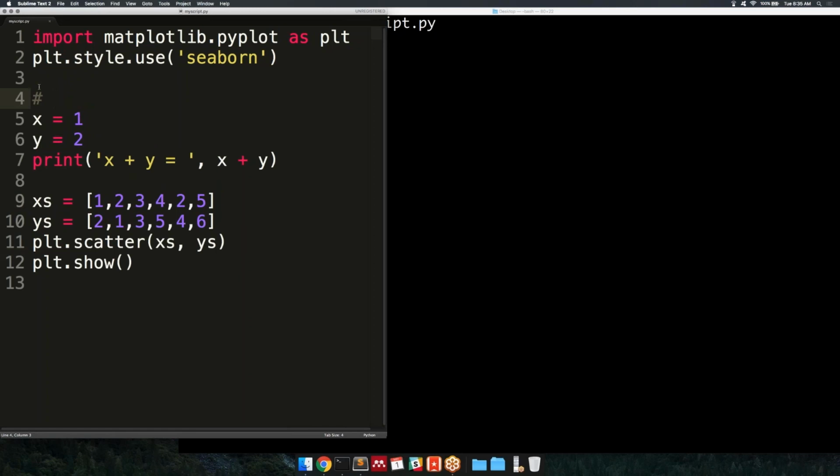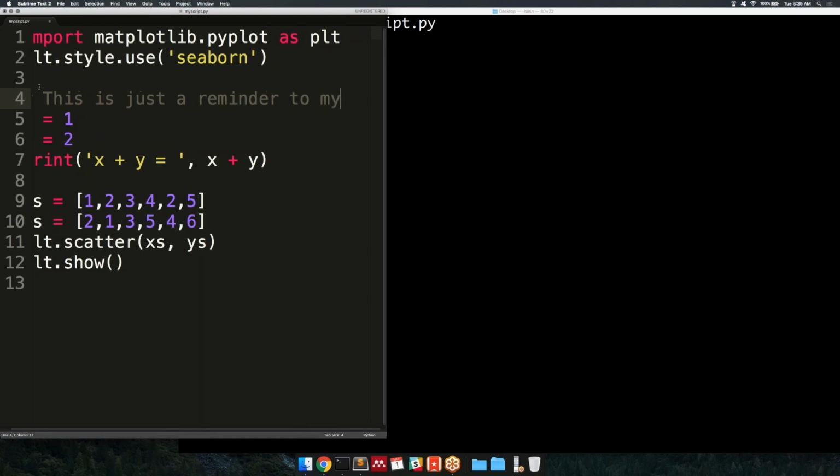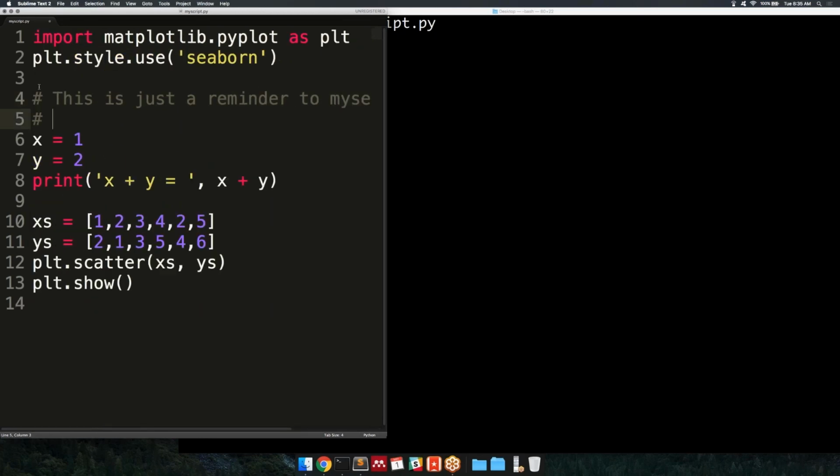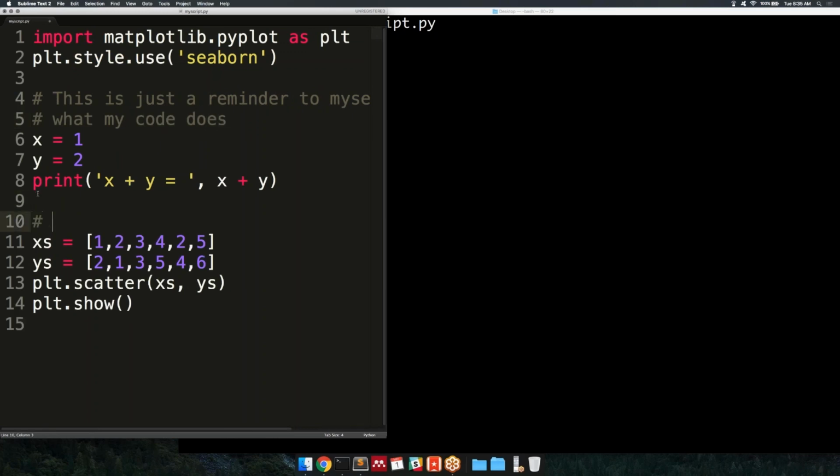I've got x equals 1, y equals 2, and now I'm going to print something very similar, and then I'm going to do something else as well. So if I save that file, and now you can see it's on my desktop, and now I write python3 myscript like this. What that's going to do is open up a Python session for me, run all of these commands, and just show me the result. So let's do that now. It takes a little time, but eventually it's going to do the same as before. Here's the x plus y that you might see from before,